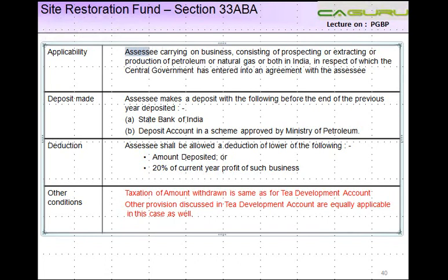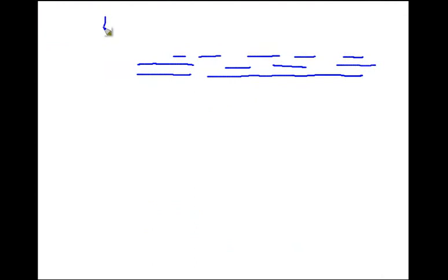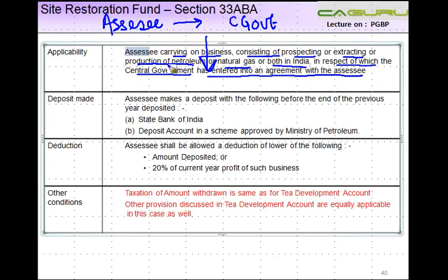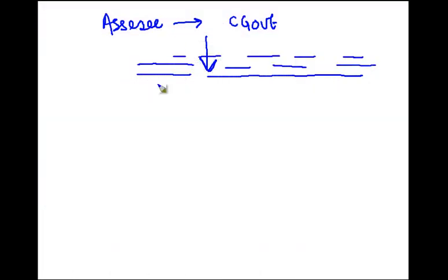In case of an assessee carrying on business consisting of prospecting or extracting or production of petroleum or natural gas, or both in India, in respect of which the central government has entered into an agreement with the assessee. So there is an assessee who has entered into an agreement with the central government. And what is this agreement all about? This agreement is for prospecting or extracting or production of petroleum or natural gas. So it describes the activity for either petroleum or natural gas